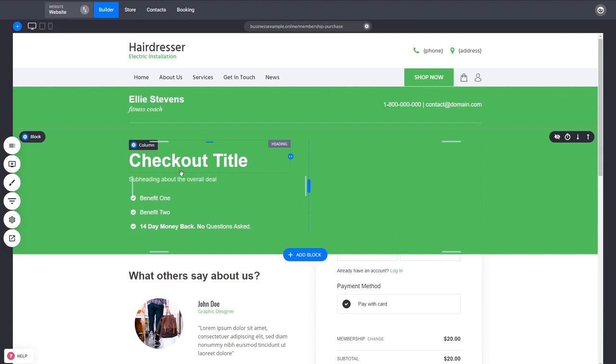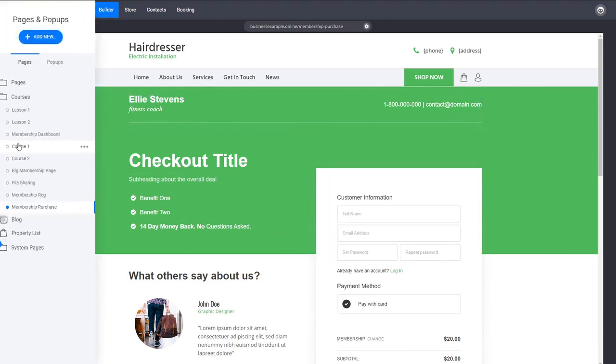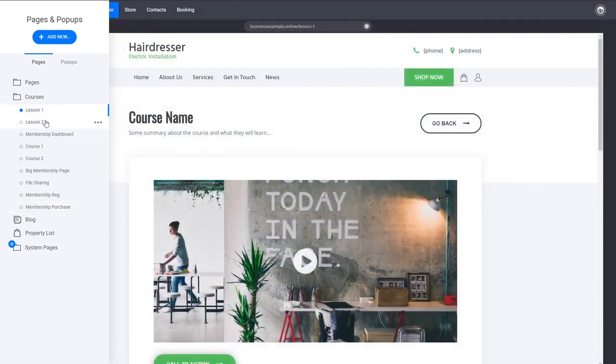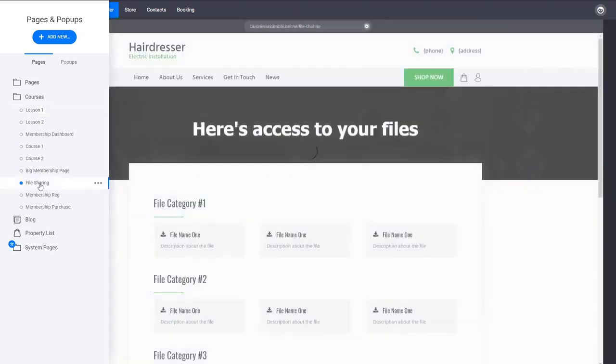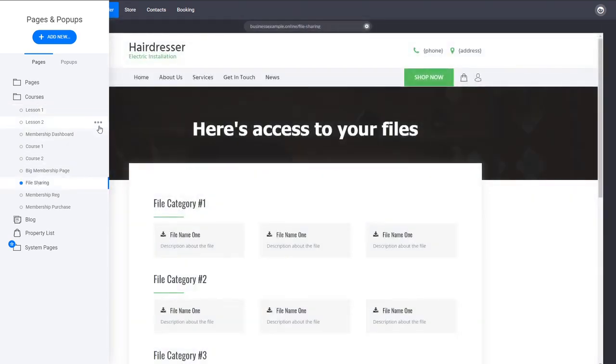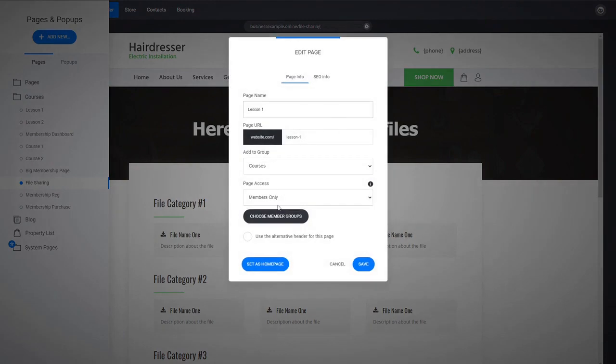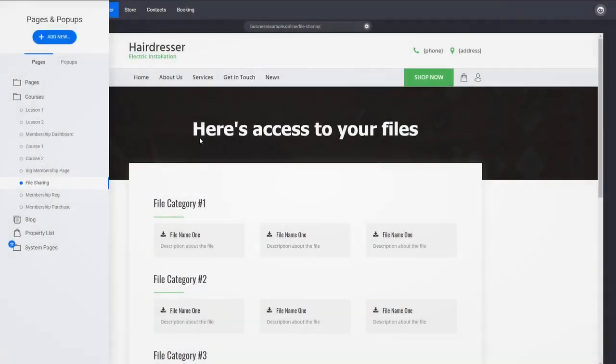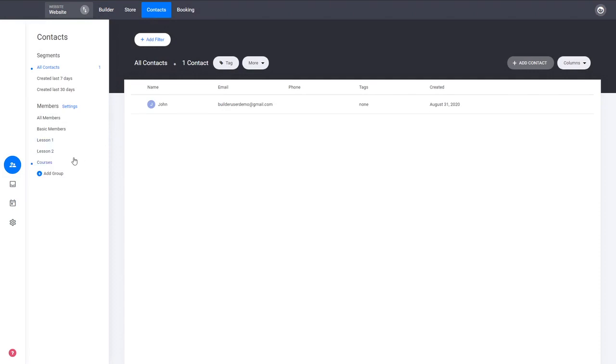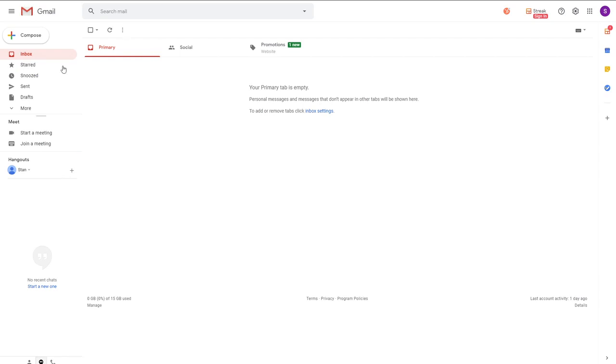So yeah, this is basically it. This is how simple it was to create our membership content in different formats, for file sharing, for dashboards, for however you want to organize your secured content. How to restrict access from the settings and make them for members only. How to create your membership groups in the CRM, to assign people to those different groups, and how to have people sign up either via form or by setting a product with a membership. So this was it. Actually, before we go, we have here opened our